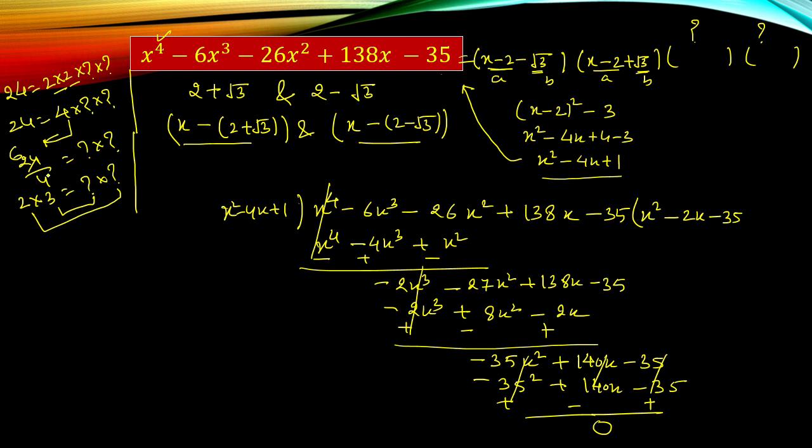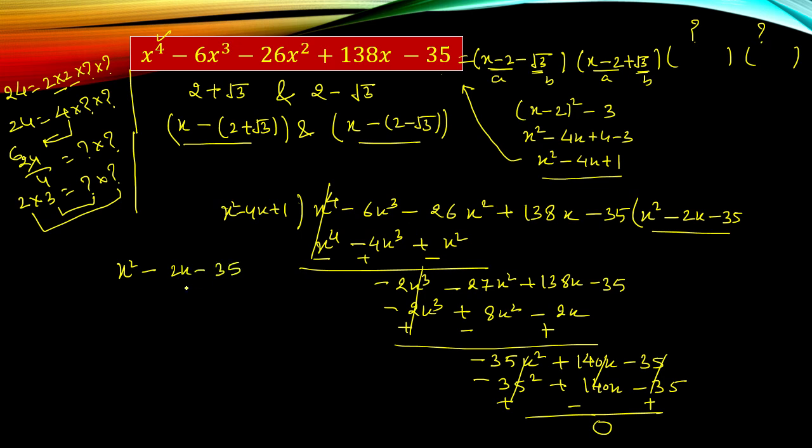Now here we got, whenever a number was divided by the product of the factors, we got a quotient and the quotient was further factorized and we got the remaining factors. Similarly, polynomial divided by the product of factors, we got a quotient. And now if we are factorizing this particular quotient, we will get the remaining factors. Actually this is the product of remaining factors, so we are interested to get the factors of this and it is x square minus 2x minus 35.